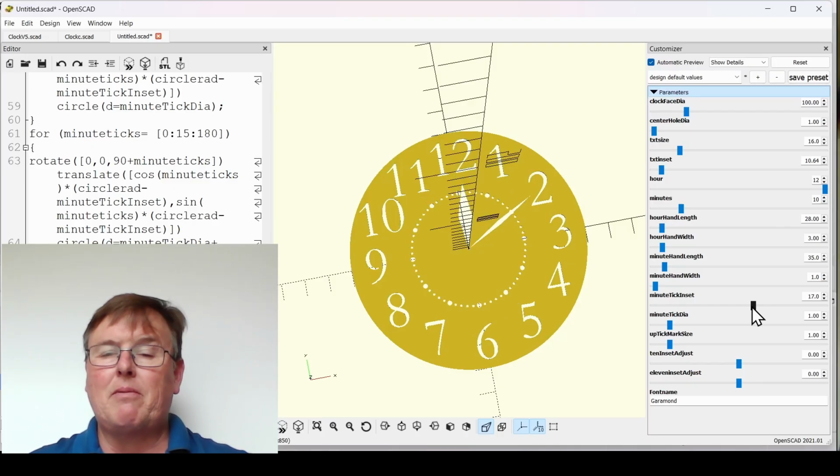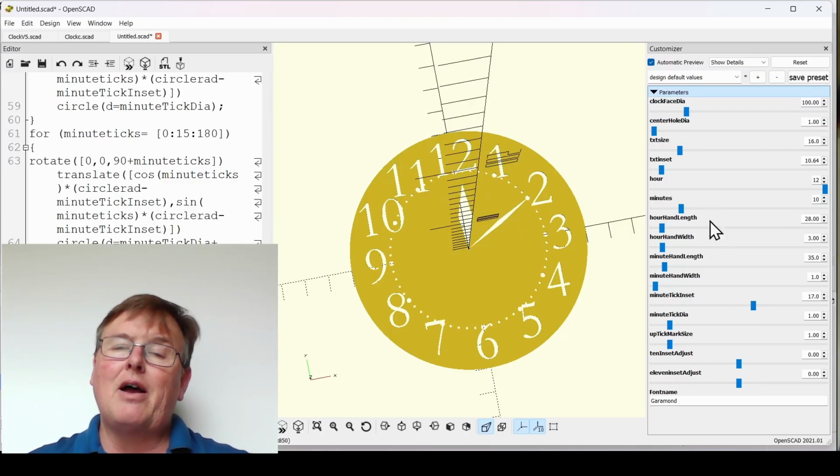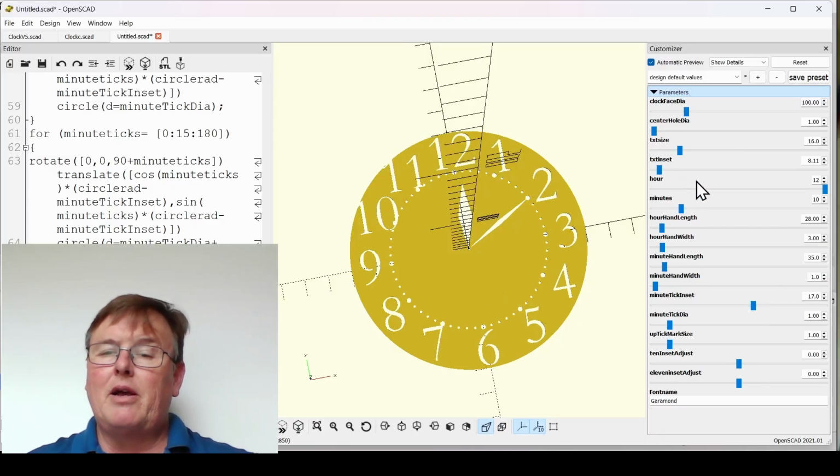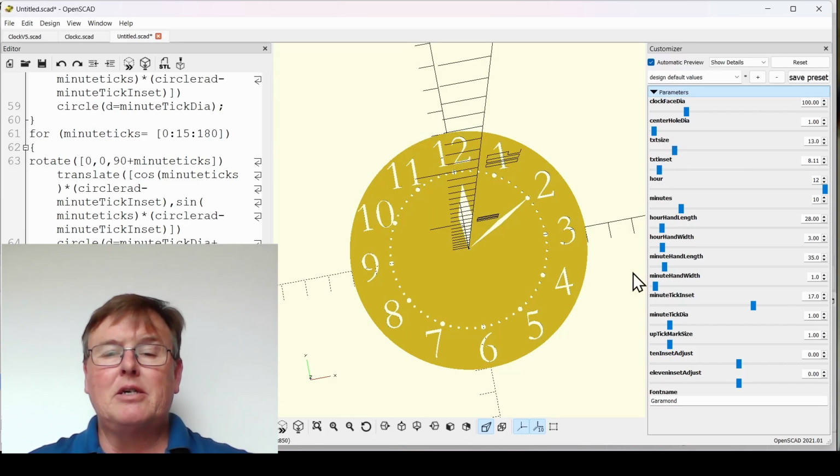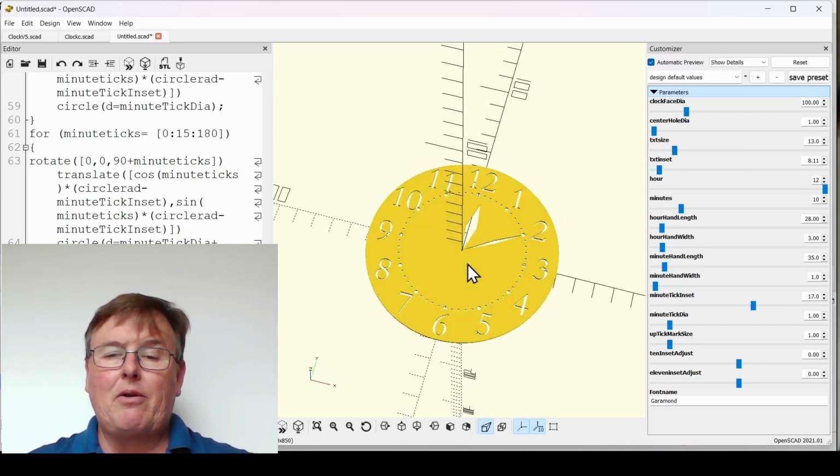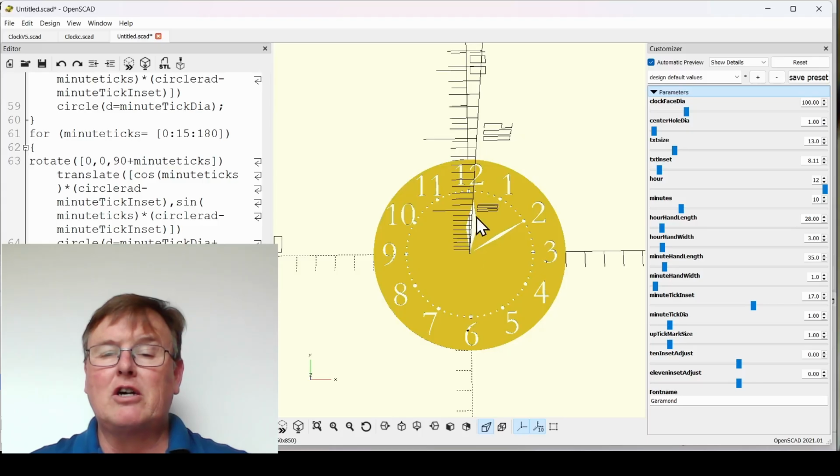Okay, once the numbers are there, I think I'm going to go ahead and scoot that text out just a little bit and maybe reduce down the size slightly, something like that. And you get an idea. You can, if you actually want to